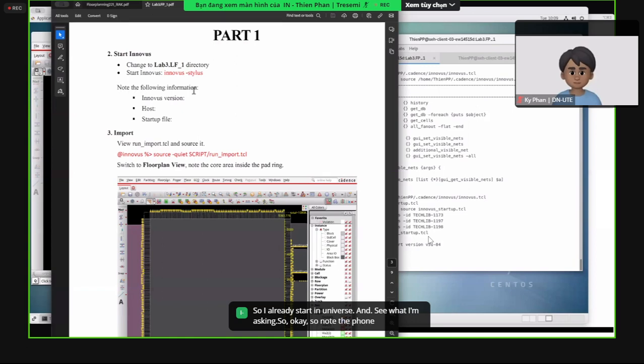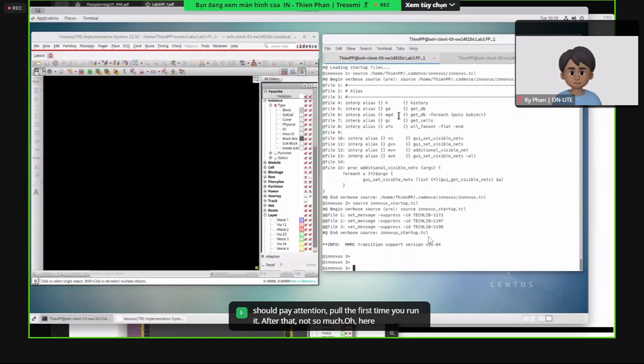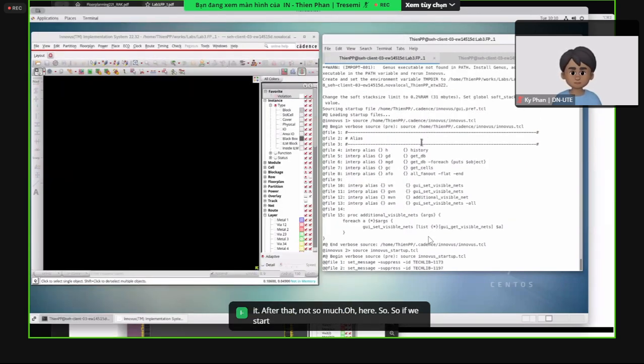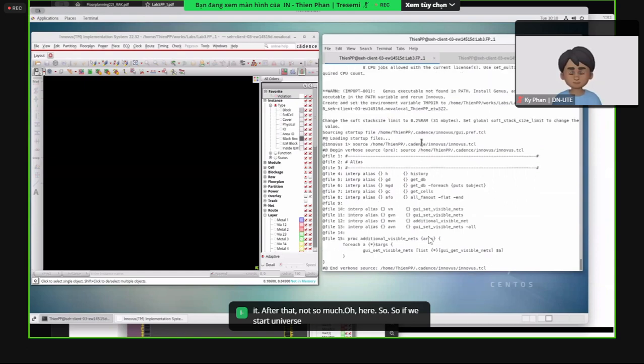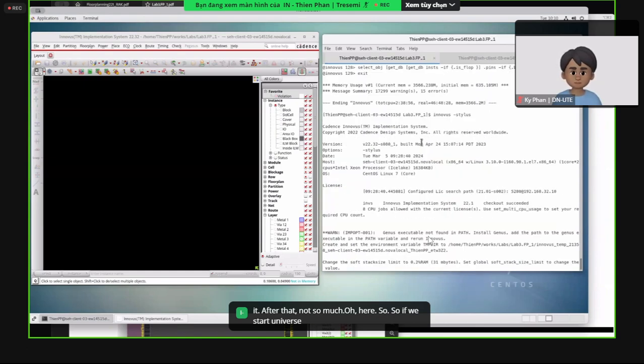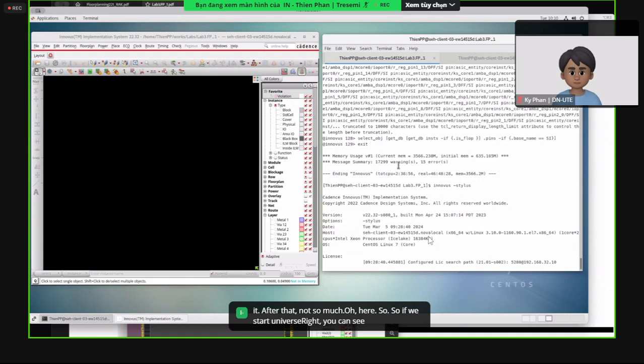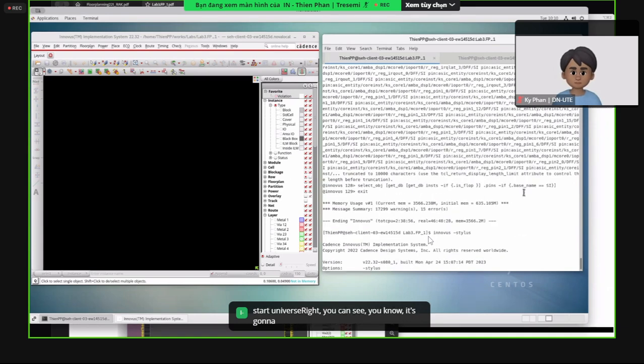Note the following information. Essentially, these are the things we should pay full attention to the first time you run it. After that, not so much. If we start Innovus, you can see the tool tells you